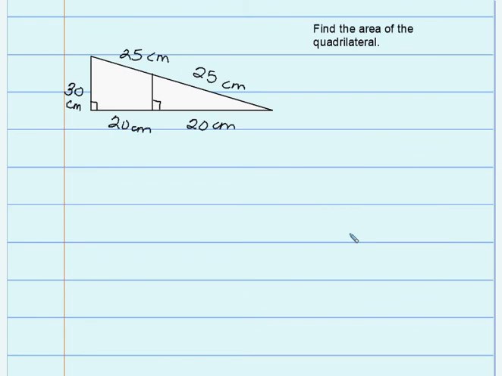Okay, lastly, you're going to see problems like this, and they want you to find the area of the quadrilateral. Okay, so I have a large triangle, a quadrilateral, and I have a small triangle. Now, the trick to these problems is this. If you were to separate these into a large triangle and a small triangle,